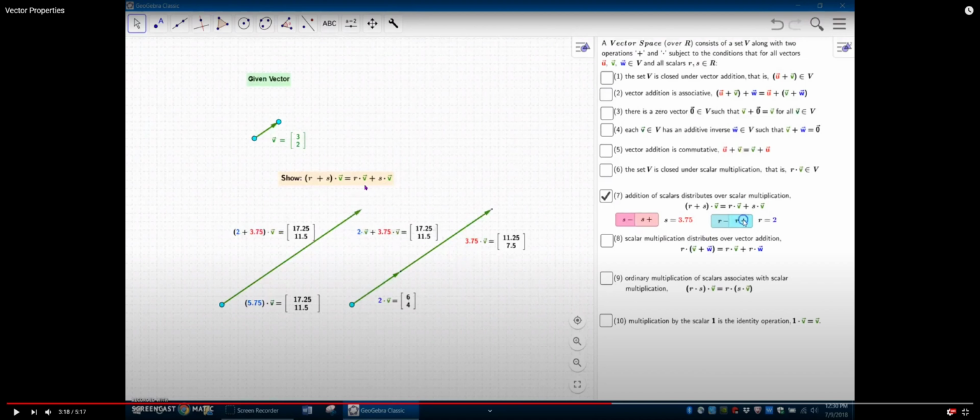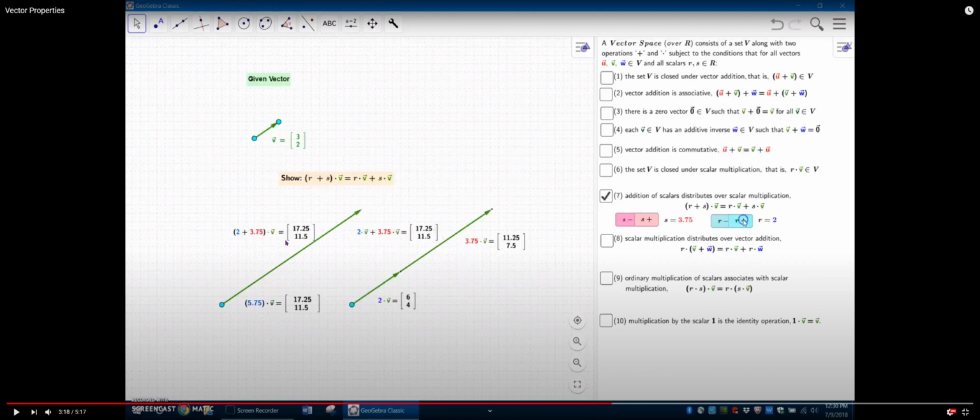For the right-hand side, he's taking the same vector v and multiplying by r first of all, which is the 2. When you multiply this by 2, you get 6, 4, and 6, 4 is from here to here. Notice there's an arrowhead over here, so you're going from here to here, so this is rv. And then he